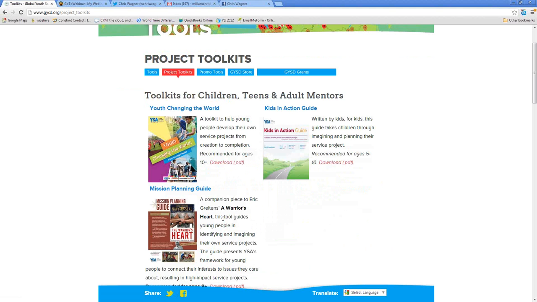They include worksheets, templates, ideas, brainstorming sessions, almost anything you can think of to help you create a project, not only for Global Youth Service Day, but at any point if you're an organization working with youth, you can use any of these resources for other service days of the year. So it's got some great information to help with youth programming with a youth development organization.